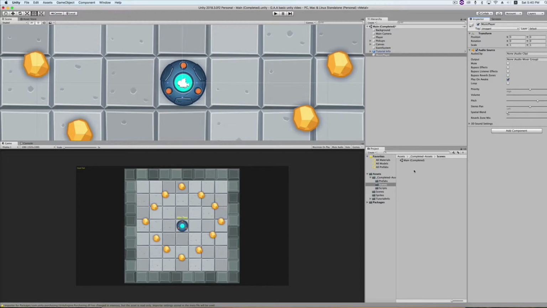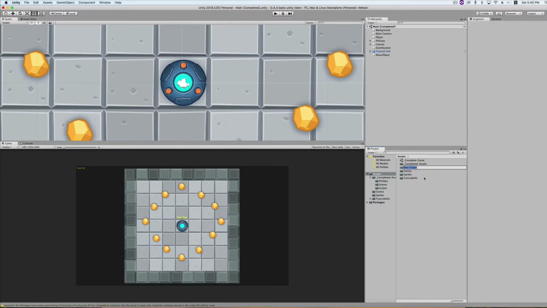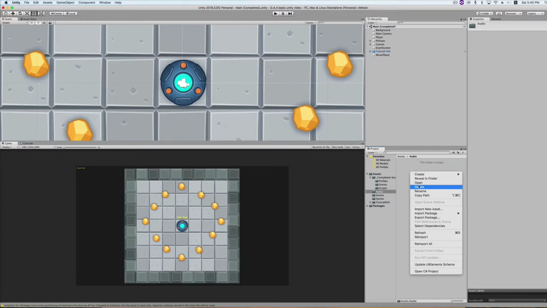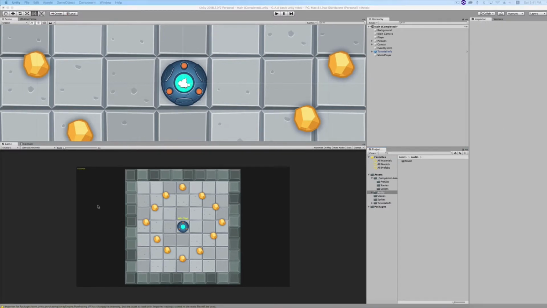Now, before adding any sounds, we have to make sure that we have sounds to put into our game. In this case, it's really good to create a folder, and let's just call that Audio. Then inside here, we can create subfolders, sound effects and music. In this case, I'll create a subfolder and name it Music. And then we will add an